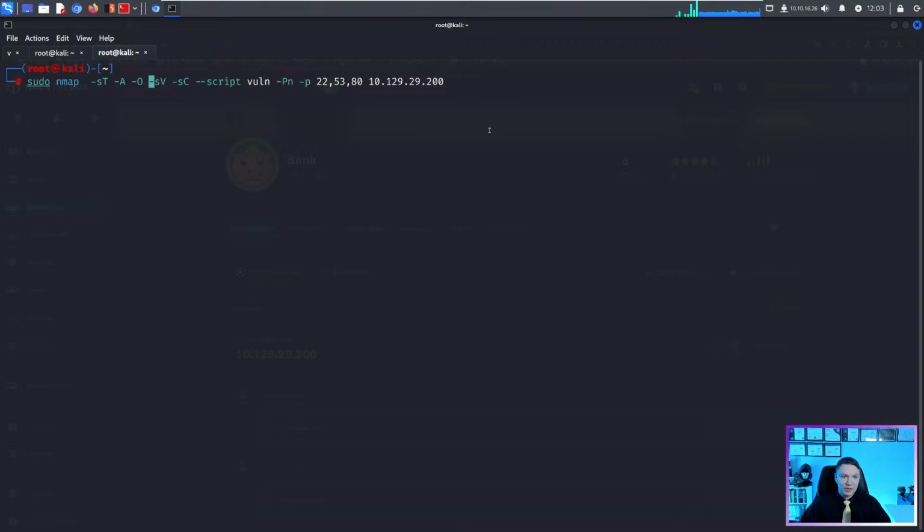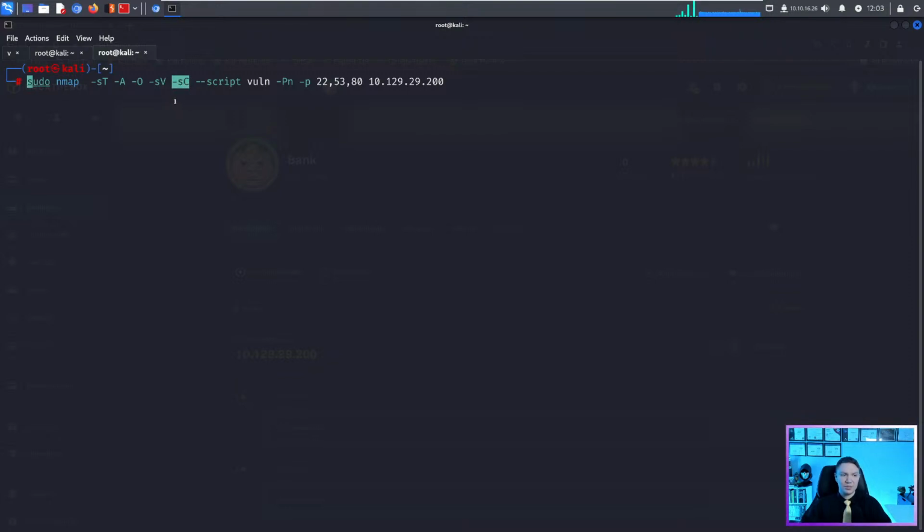Alright, so if you're not sure what's going on in this Nmap command, basically -sT means we're doing a TCP or a full connection scan. -A is a combination of -O, -sV, -sC. I like to throw on these anyways, even though -A equals all these combined, because you actually do get more information, believe it or not, when you supply both. -O is operating system detection, -sV is service version detection, -sC is the Nmap scripting engine, so it